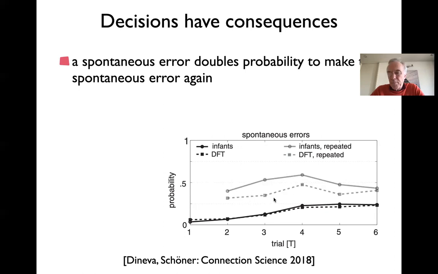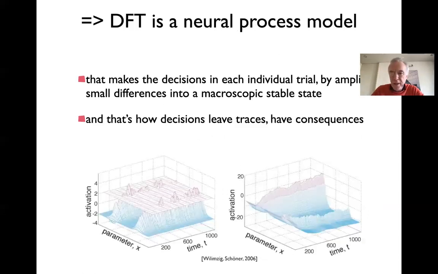But the other important idea is that this is an effect where you see that previous reaches matter, that they leave a trace. And why do they leave a trace? Well, because there's a suprathreshold peak which has been amplified, not a small difference, but a small difference that has been amplified into a macroscopic difference. And remember that in the field, that means that we really make a selection decision, a commitment to creating a peak that suppresses the alternatives. And that macro state now leads to a macroscopic difference in memory trace, really laying down a memory trace here